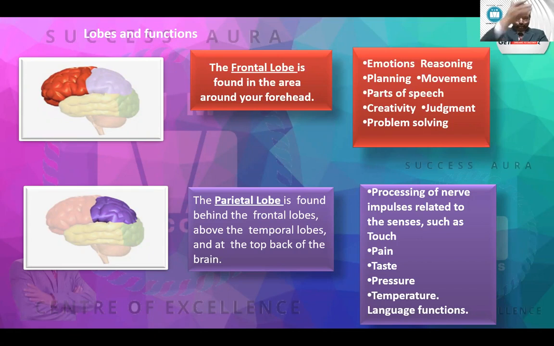The frontal lobe is here. It is responsible for emotions, reasoning, planning, movement, parts of speech, creativity, judgment, and problem solving. In the frontal lobe, you have the prefrontal and the frontal, the two divisions. And about here you have the parietal lobe,